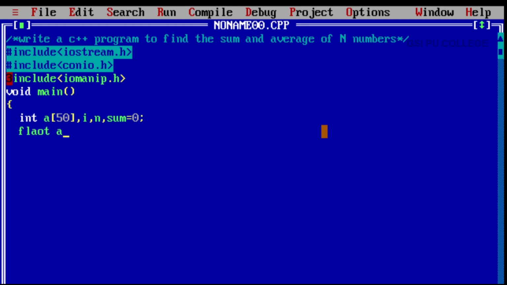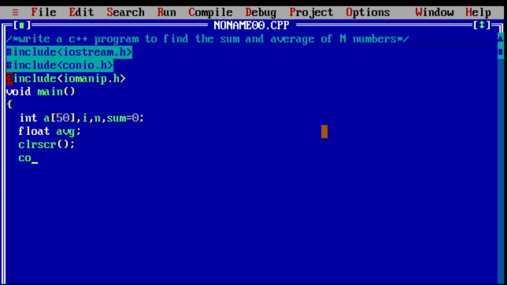Float average, because the value of the average will sometimes be in float type, that's why I have declared it in float data type. Clrscr function clears the previously generated output on the display screen to avoid confusion for the user.